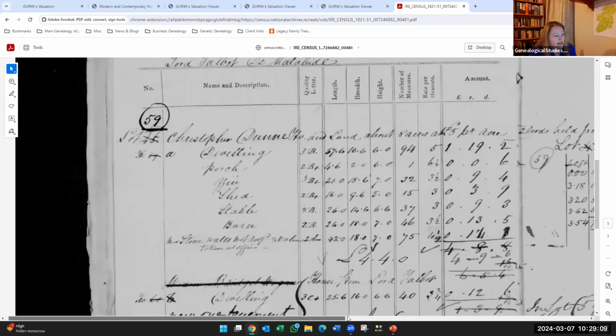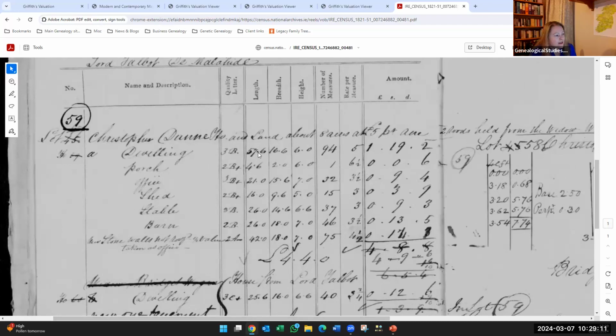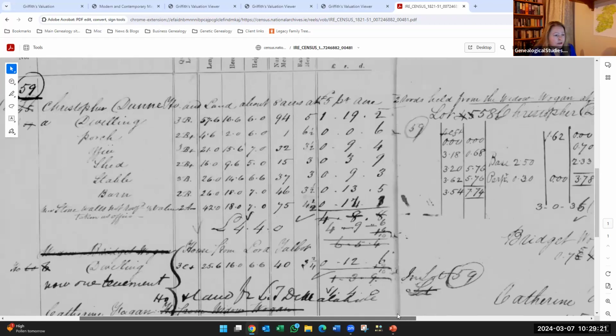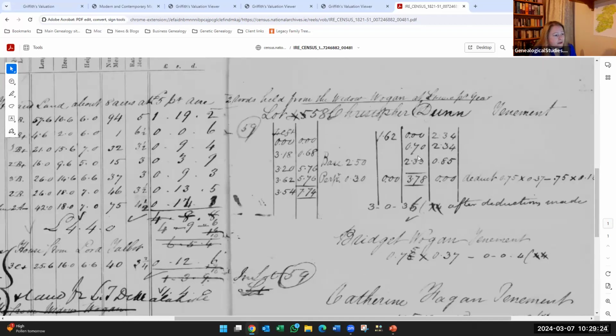But if you take these numbers, you see how these are lengths, these are in feet and inches, you could actually plot out the size and the layout of this man's property. So you get a much better sense of what it looked like than you did from the other description. The other thing we've got here, and I like to see this, is this 1.62 calculation. And this refers to the calculation that was used to convert the acres from Irish acres into standard acres.